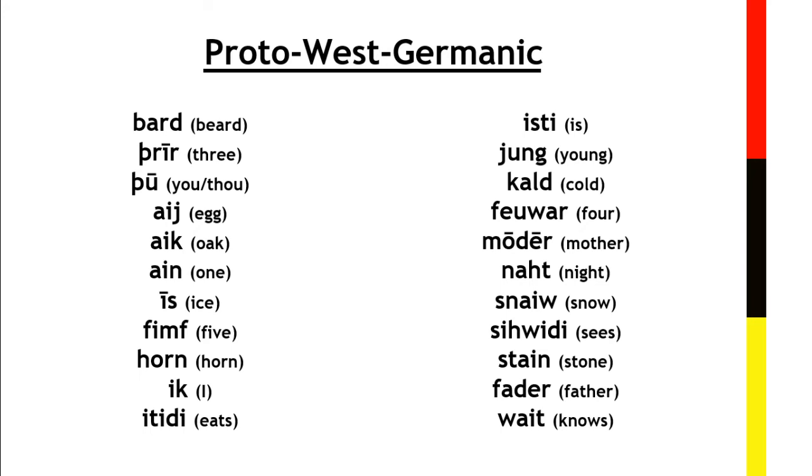Bart, Thrir, Thu, I, Eich, Ein, Is, Fimf, Horn, Eich, Itidi, Isti, Jung, Cold, Fewar, Móðir, Nacht, Snæv, Sichwidi, Stein, Fader,